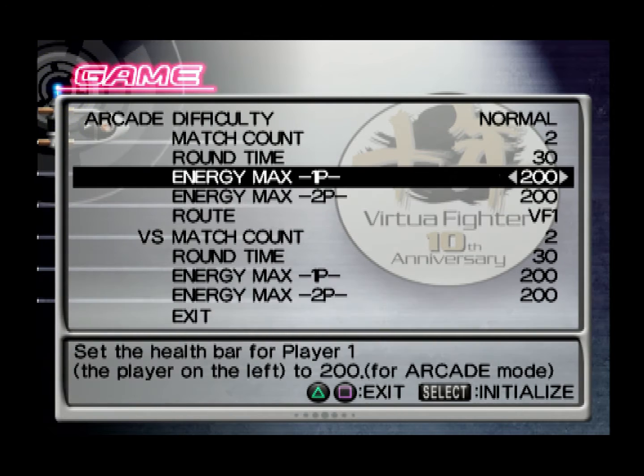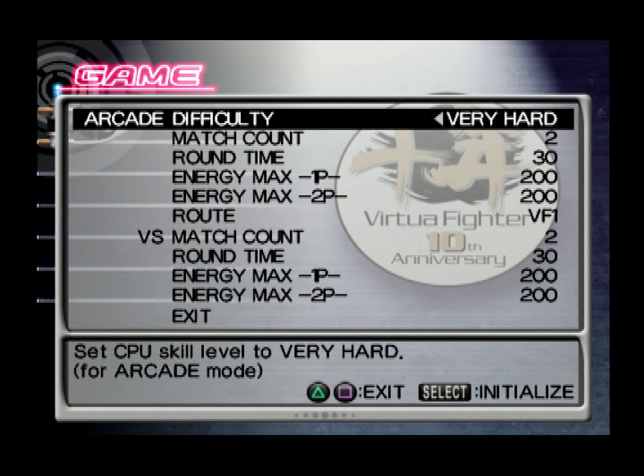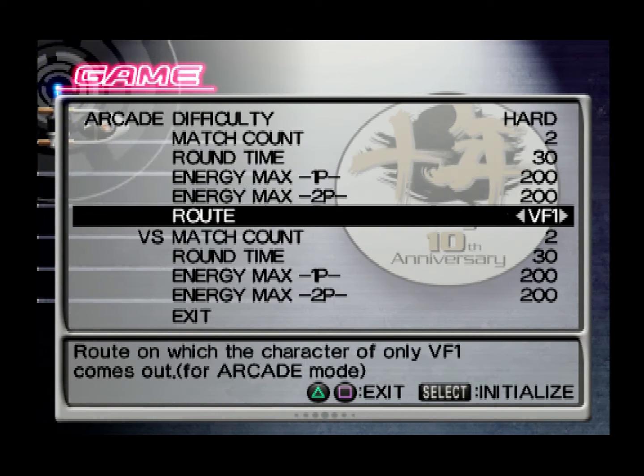In arcade mode, I have to set this to hard. It's very hard, but it's too hard. There's two fixed routes of enemies you can fight in arcade mode. There's the VF1 route, which is just characters who appeared in the first Virtua Fighter game. Then there's the Evolution route, which includes characters from all of the Virtua Fighter games: the new characters who showed up in Virtua Fighter 2, 3, 4, and 4 Evolution, as well as Akira from Virtua Fighter 1. So we'll do the VF1 route first,